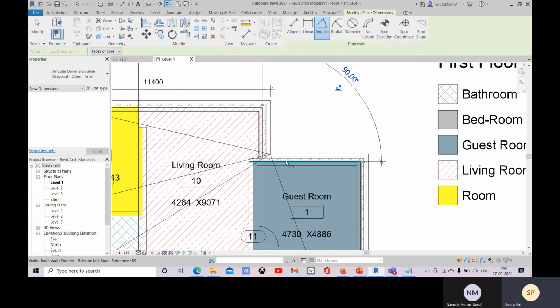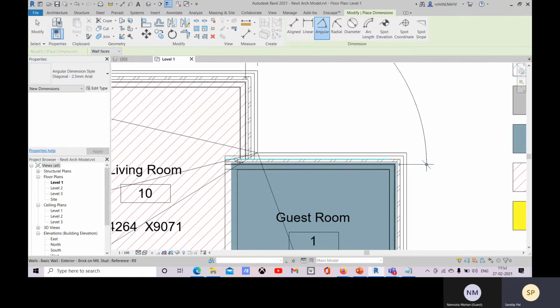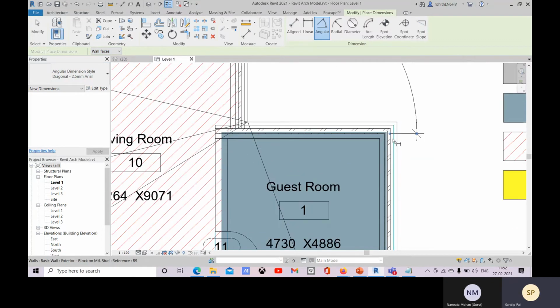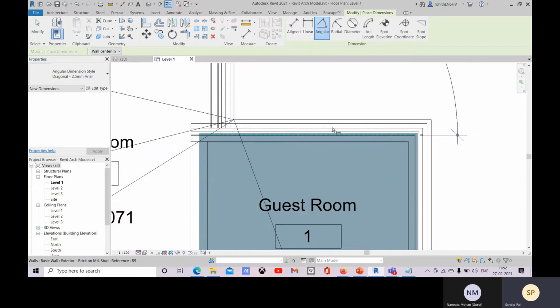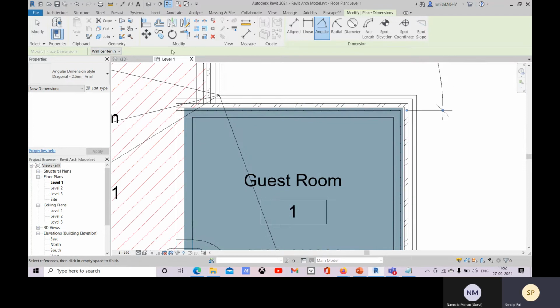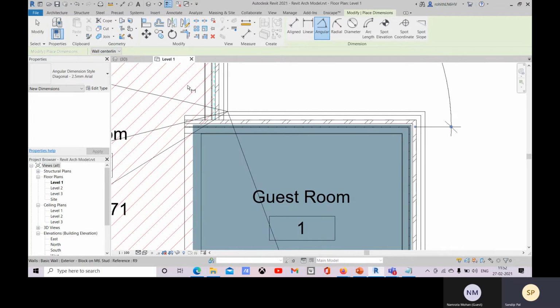This will directly specify the face of core, meaning this way you mention which one will be the default location. You can make it wall faces, so when you select it, it will highlight the wall face. But when you go with the wall center line, when you place it, it will highlight the wall center line like this. So you can mention that over there.